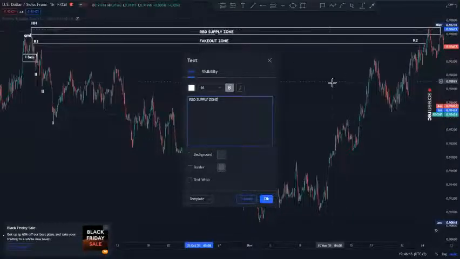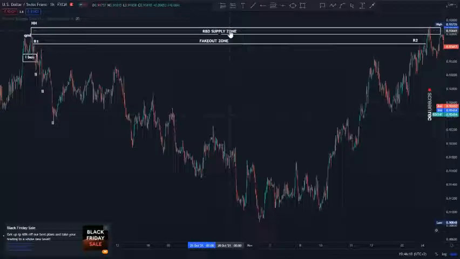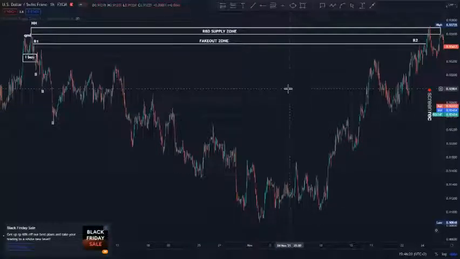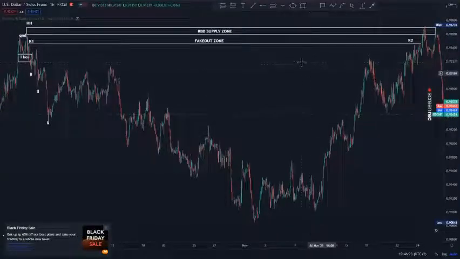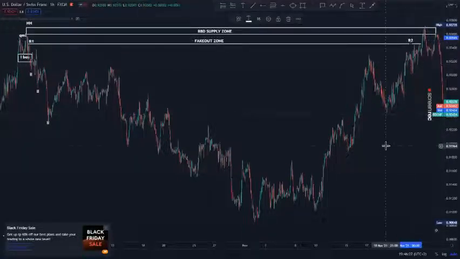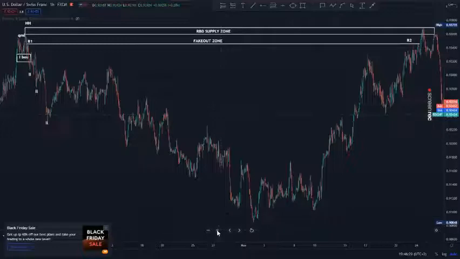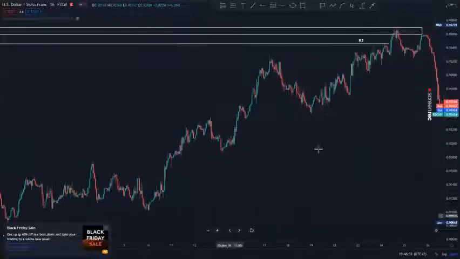Okay, rally base supply zone, and that's how it is. So what our aim now is to wait for the market to break this resistance here. Once the market breaks it, and usually it breaks this resistance with momentum in order to trick these people into buying, into selling. Right here, as you can see, as the market was coming to this level, it was actually